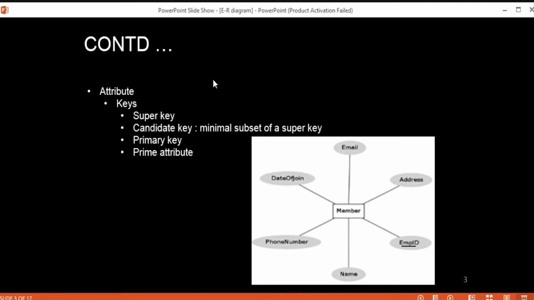Say for example, a school. A school can have any number of students, and their names can be similar. But if we know the grade and roll number, meaning which class that student is currently studying in and their roll number, then we can identify them, because in a school the roll numbers can also be the same.